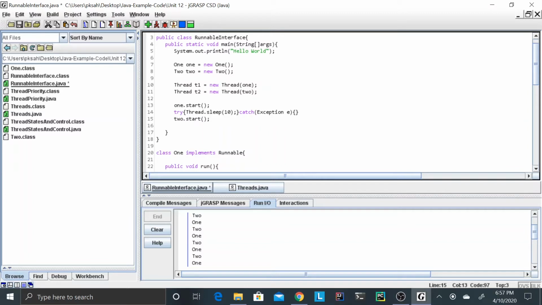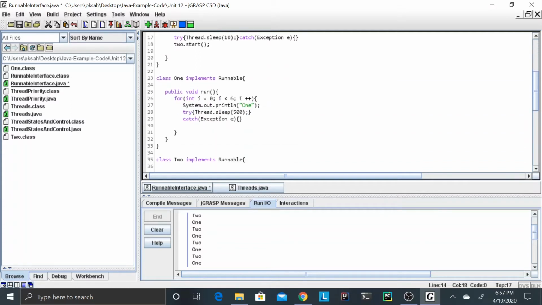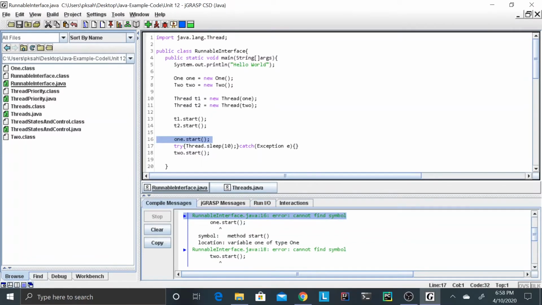After that, we can do t1.start, t2.start. What this will do is call the run methods in each of your respective classes. And so if you do that, we can get rid of this because we are no longer using those. And if we get rid of that as well,